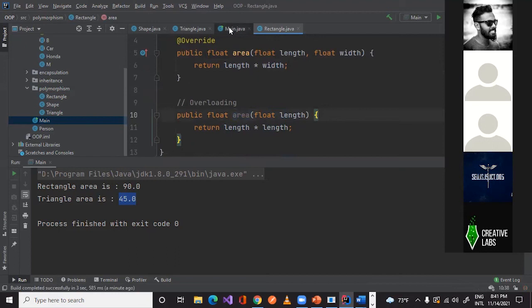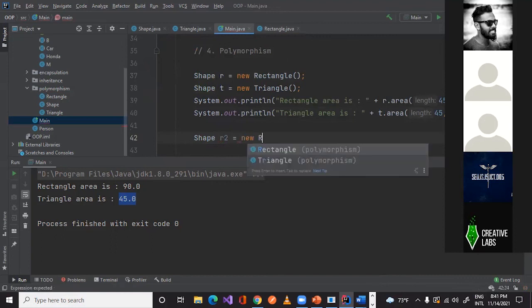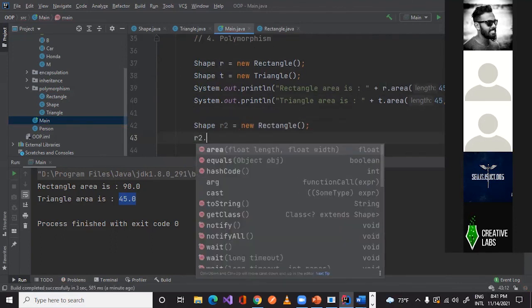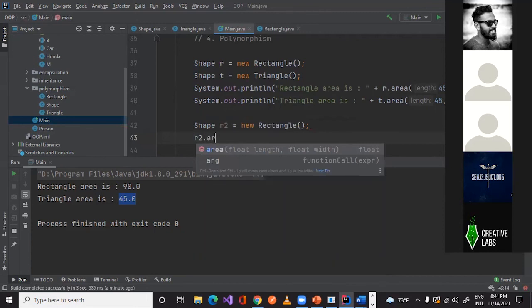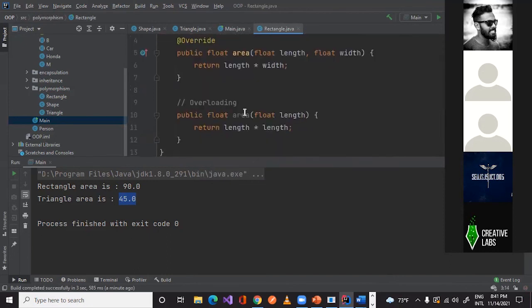So now from this one, we can create another object like shape R2 equal to new rectangle. Now in R2, we can call area, rectangle area.